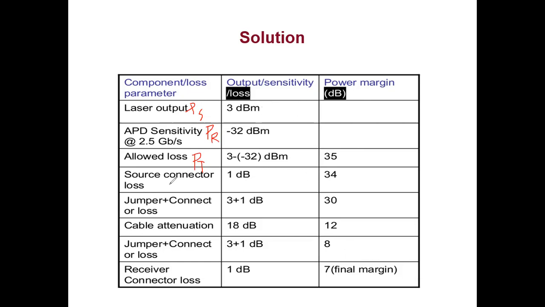Okay, then what they have done, see this part, it is up to you how you write. Suppose I write jumper connector at the transmitter, and then I write 3 dB. Jumper connector at the receiver, 3 dB. So 3 dB I subtract. Then I can say connector loss. So they have mentioned 2 connectors at the transmitter, so I can take 2 together over here, and then I can take 2 together.